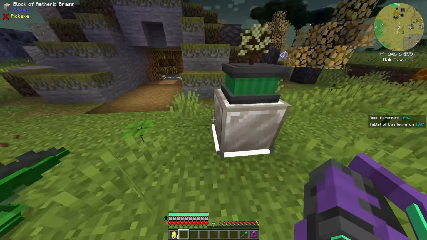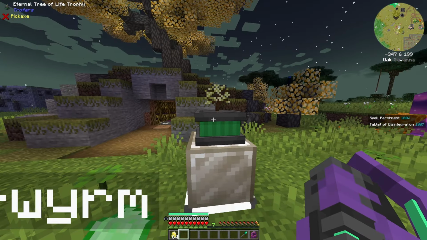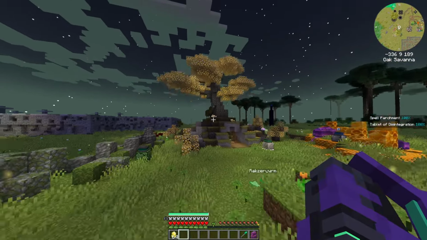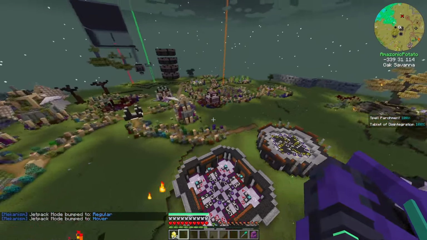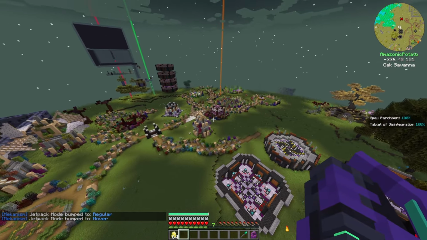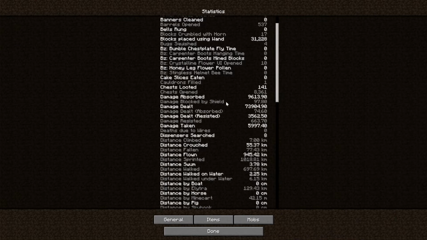And here of course we have our block of etheric brass with our eternal Tree of Life trophy in front of the Tree of Life at stage 4. And that's all the base. I really liked how it ended up. I really liked it. So if you go to statistics,